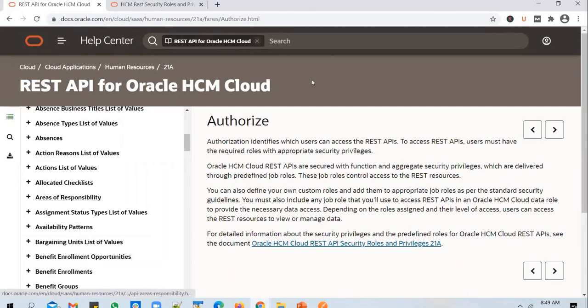If you invoke any of these APIs from Salesforce, and you want to monitor it in HCM Cloud, there is no way to do it. You cannot monitor it in HCM Cloud. You don't have a page which will show you what requests were received from which application and whether they have gone through successfully or not. Okay, that's a simple answer. And to give you more context to it.